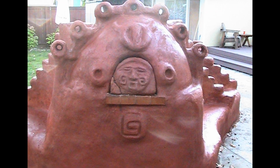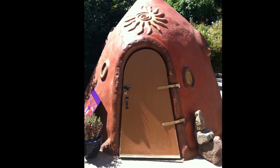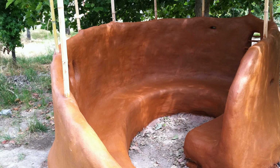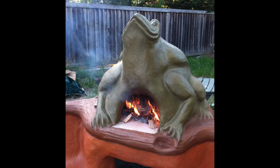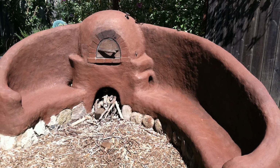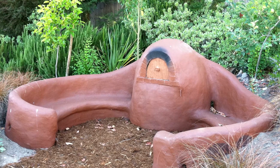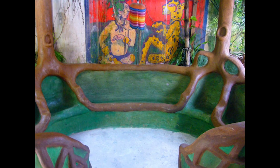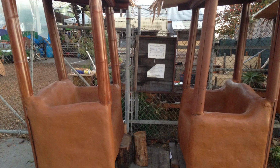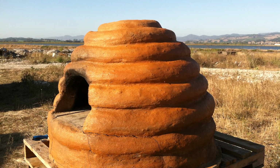and the cob oven in Sonoma, and the bottle oven in Sonoma, and the sound chamber in Fairfax, and the dragon oven in Santa Rosa, and the spiral bench in Santa Rosa, and the frog on a log in Cobb Toddy, and the backyard oven in Petaluma, and the Adobe meditation dome, and the front yard oven bench, and the tree bench in Guatemala, and the bench in Petaluma, and the benches in Oakland, and a beehive oven in Vallejo,